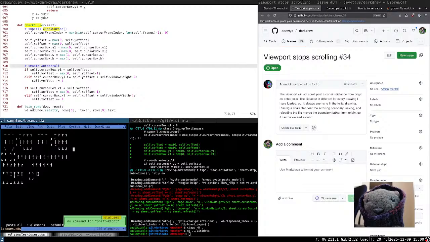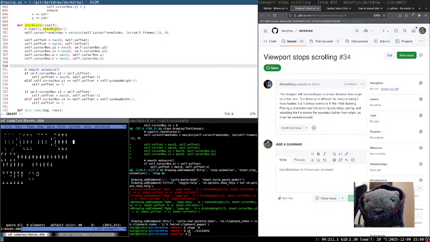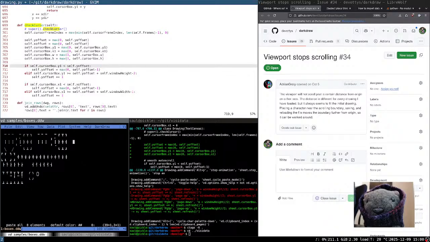Okay. Let's just implement that as it is. So if the cursor box, the origin is for it, move. Yeah, okay, so you are saying,